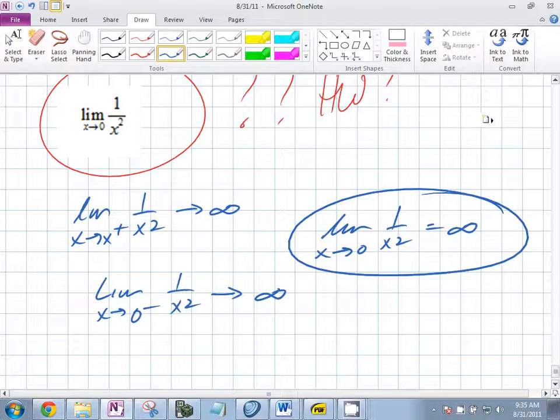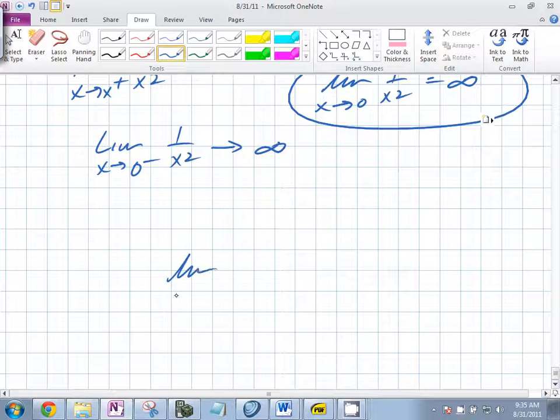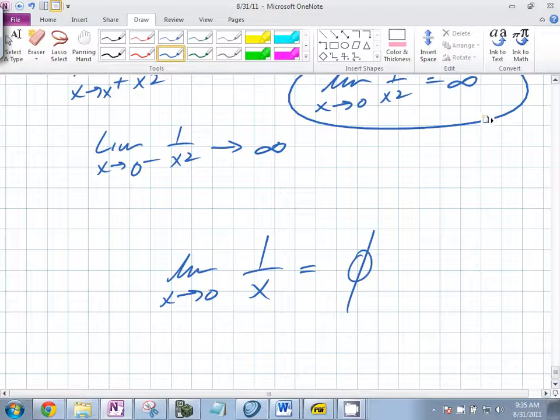What about this one, though? What's the limit as x goes to 0 of 1 over x? From the right, it's going to go up, and from the left, it's going to go down. So as you go to 0, it goes to different places, right? That's definitely different, right? So it does not exist. Okay. So what are we actually